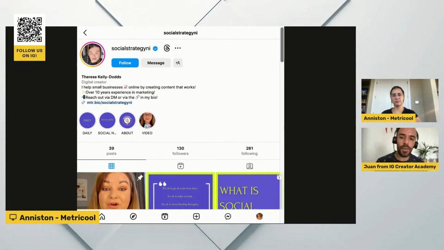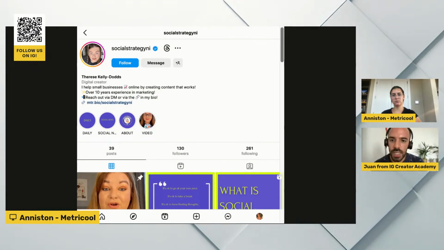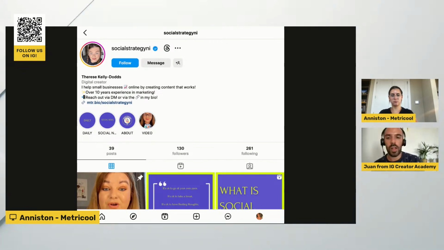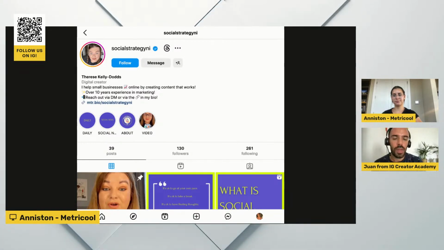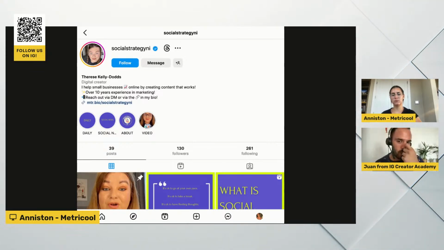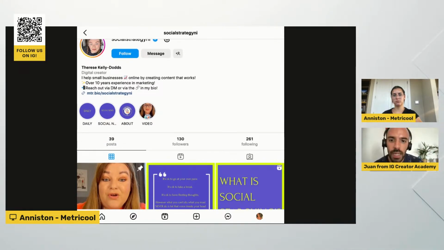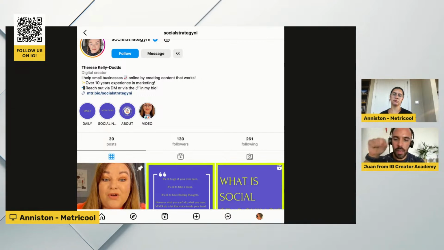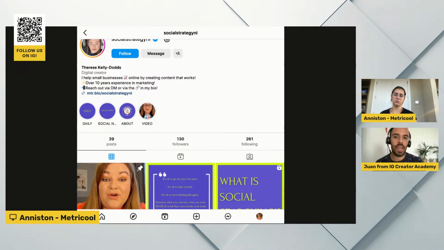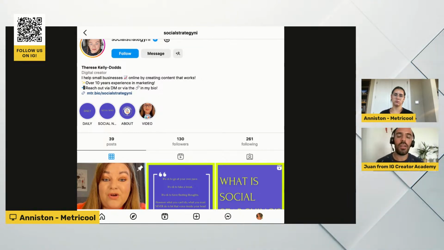Okay. And then you have your first line, very well: I help small businesses online by creating content that works. If you can be more specific with the small businesses that you help, are you helping small businesses like realtors, or beauty businesses? If you can be more specific with that, even better. I guess that little emoji means grow online. I would change that for the word grow, because again, the more words you can use to explain, the better.